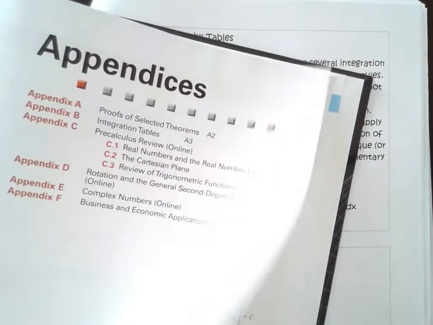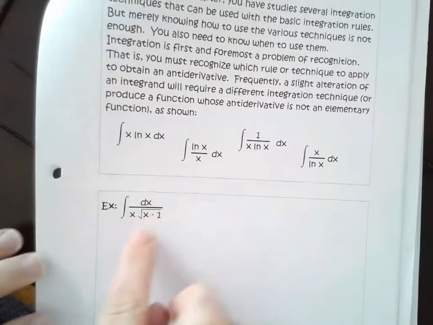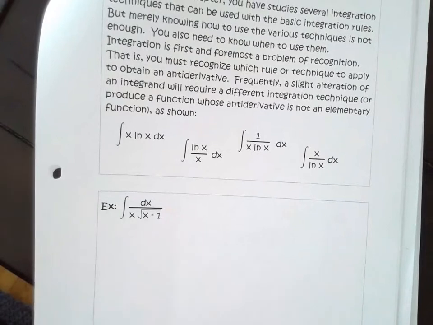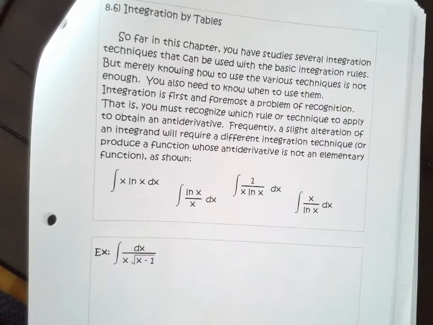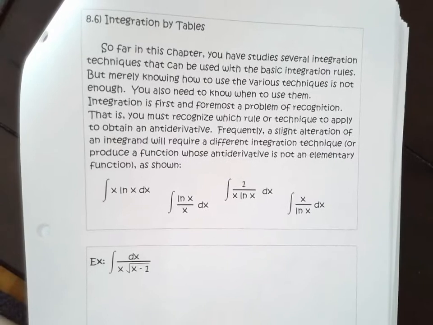And basically what we're going to do is figure out which integral this most resembles and then use the table to figure out the answer. We won't have to go through the integration process, we just immediately go to the final response. So it says, so far in this chapter you have studied,